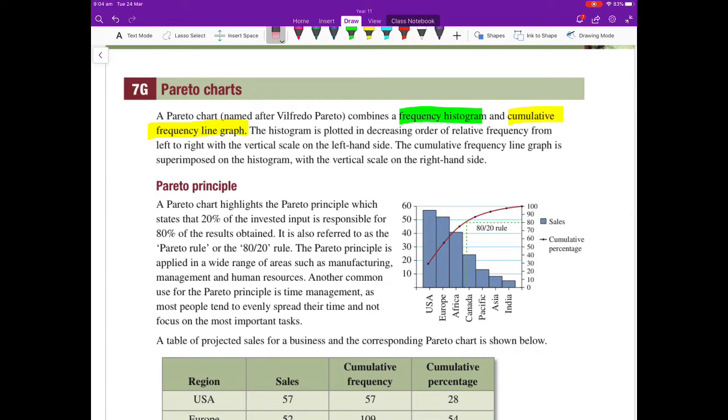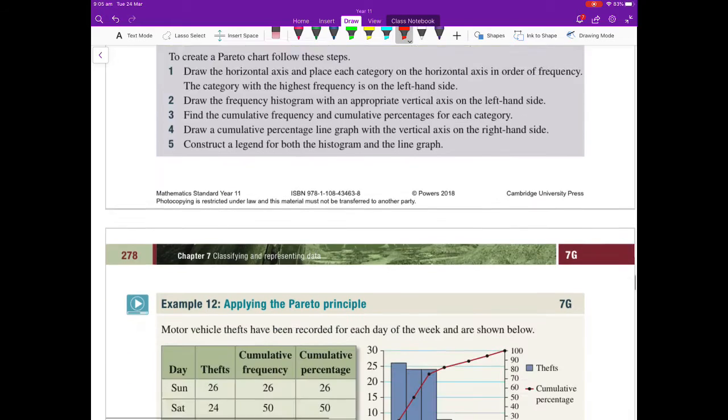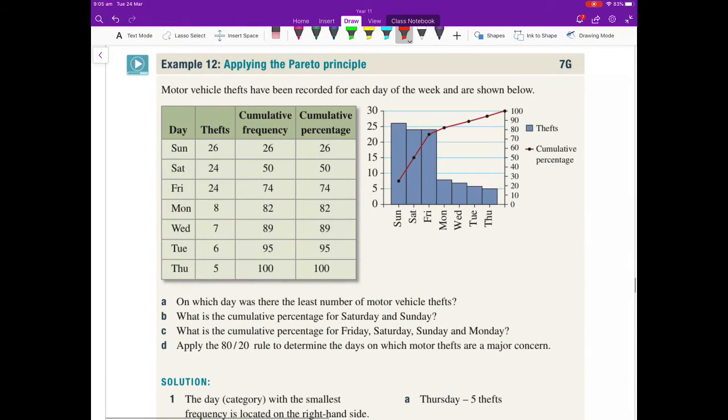Now, what you've got to do for these ones is you're making sure that you've got a few different things that we always have in our histograms. Of course, you've got your percentages down the side on the right for your cumulative percentage, the line graph, and on the left-hand side you've got your frequency numbers. Now, each of these should be drawn as a normal histogram, which means you've got that half gap for the column on both the front and the back end. So in front of the Sunday there you'll see a little gap, and after the Thursday there you'll see a